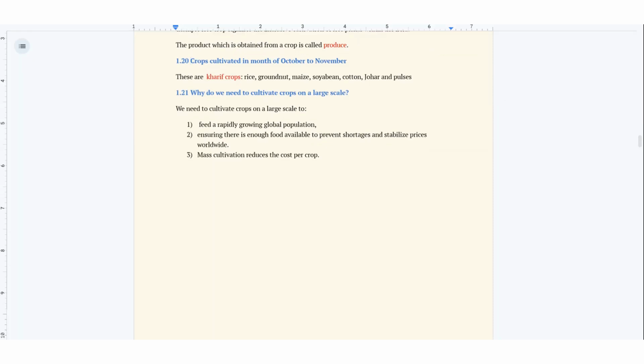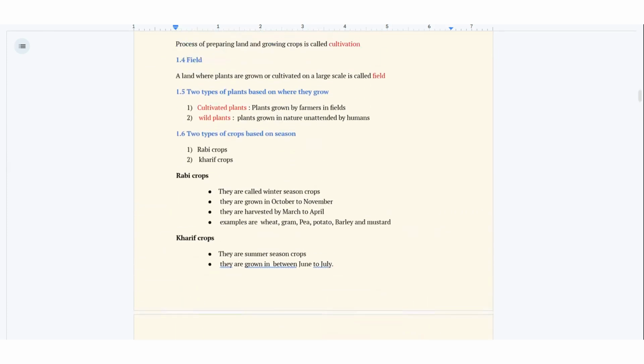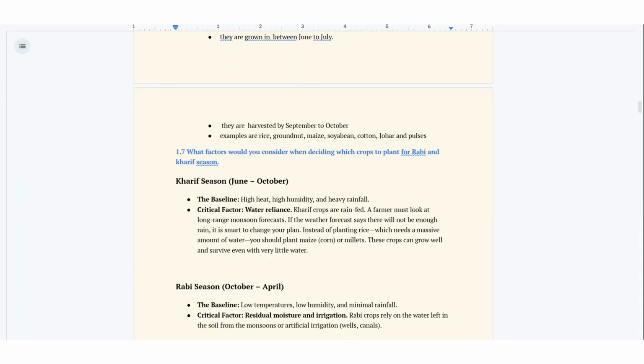The next one, crops cultivated in month of October and November. So we already discussed what is cultivated. So let's go to that section. It will make life easy and easy to understand. What is cultivated in October and November? Let's go to the previous section. So here we have discussed, let's see, wait,